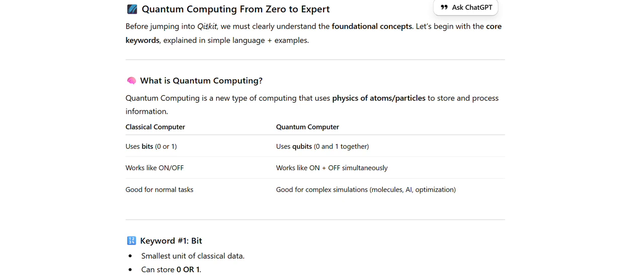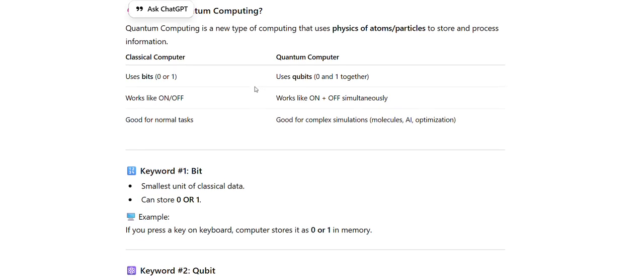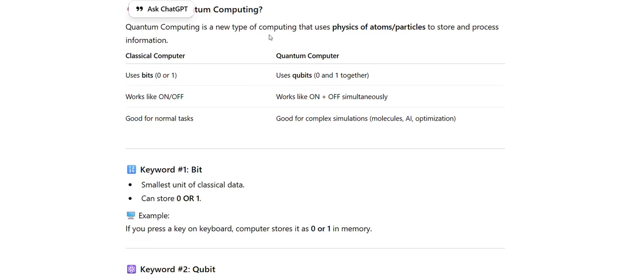Before we jump into the Qiskit Python package, we must clearly understand the foundation concepts, right? So we need to understand what quantum computing is. Quantum computing is an emerging type of computing that uses the physics of atoms and particles to store and process information. Basically, we used to refer to bits, zeros and ones, which means the classical computer will store the bits as either zero or one, right? But the quantum computer is going to use qubits,